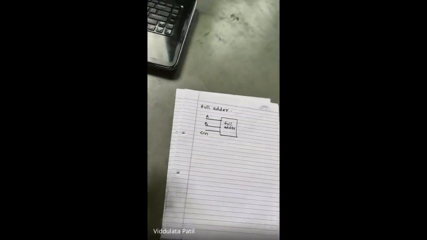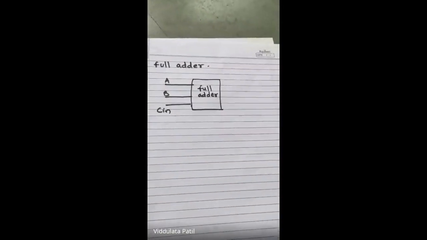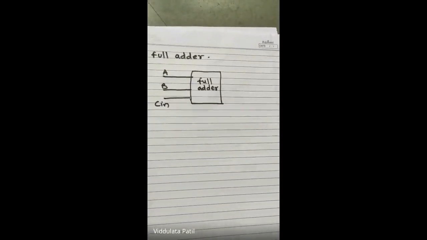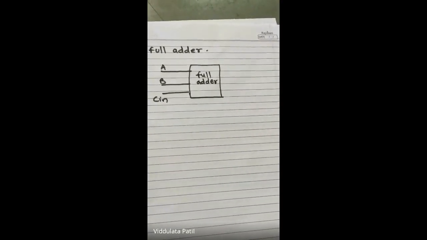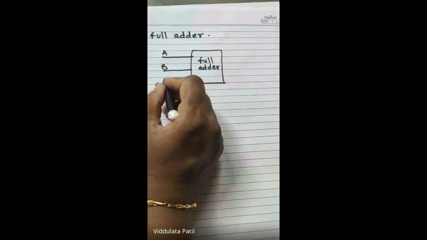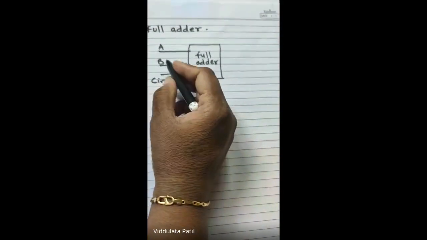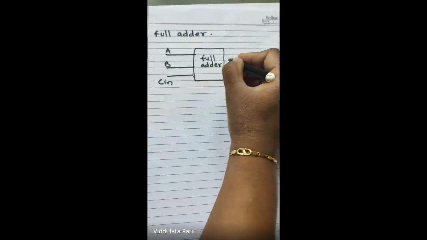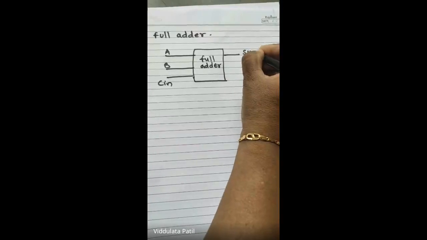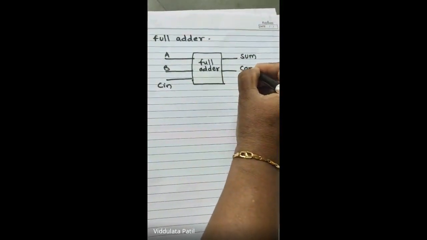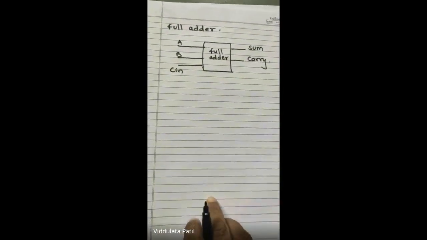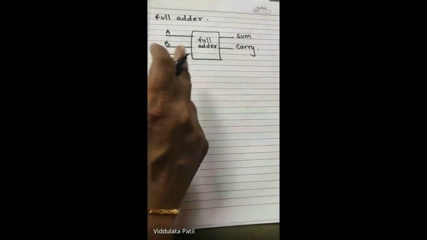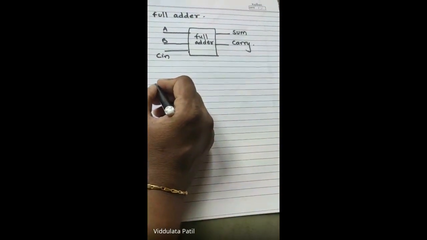Okay, so that means suppose we have number of bits to be added. So in the next bits, there will be a carry which will be preceded. Okay, so that will be present in this, so that we need to add. So त्याच्यामुळे आपल्याला ती as a input म्हणून consider करावी लागेल. So this is a carry in and then output that are two, sum and carry. आपल्याकडे दोन आउटपुट असतील, बरोबर आहे. सो हियर दिस इज द block diagram for this circuit.